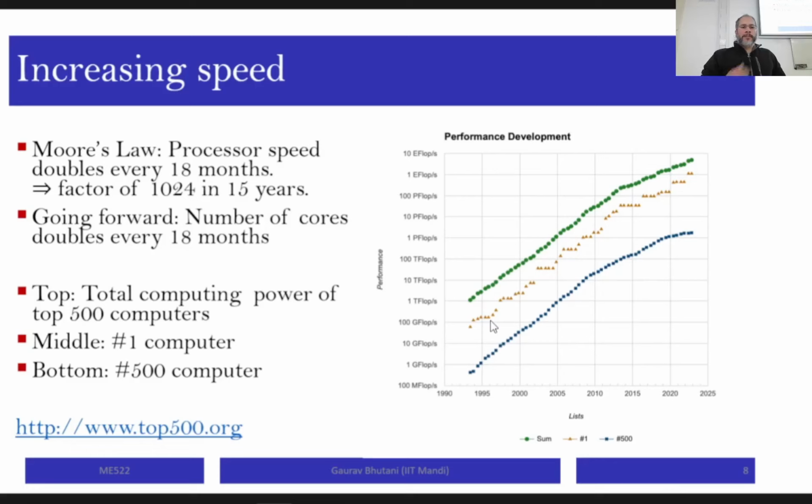Okay. And you can actually have a look at the list of top 500 computers on a website called top500.org. It's a very interesting website. If you enjoy computing, you should definitely browse this website, put it in your bookmarks list. Every, I think, 6 months, they update the list. So this will give you an idea of the most powerful supercomputers of the world and country-wise. And they have a lot of lists